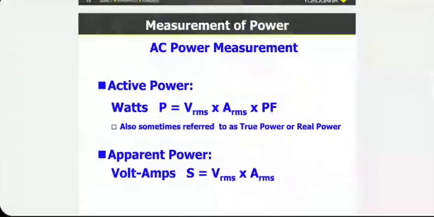Yeah, they are writing here VRMS into IRMS. He is calling it ARMS, fine. Complex power magnitude is known as apparent power. So it is simply VRMS into IRMS. The unit is kVA or VA. Unit for P is watt. And there's another thing called S. If you write in complex domain, it's P plus jQ. Q is the reactive power. It is measured in VAR or kVAR.